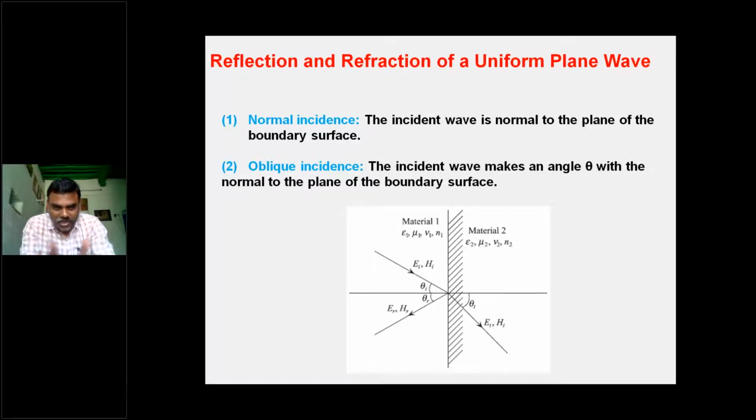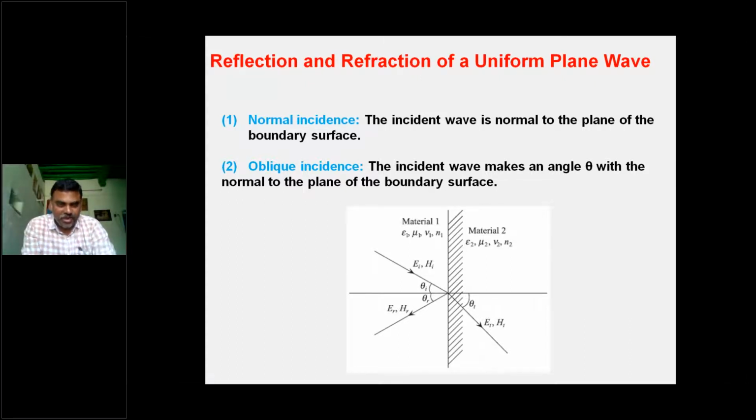So see here within this figure, we have the material media 1 and media 2, and the center line is the surface or boundary between media 1 and media 2. And for this one, the perpendicular or normal line is along a horizontal direction. So once the wave is incident in that direction, we can call that normal incidence. If that wave is making some angle either in this direction or in this direction, then you can call that oblique incidence.